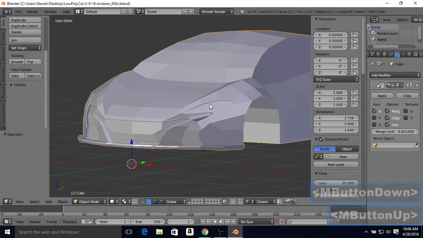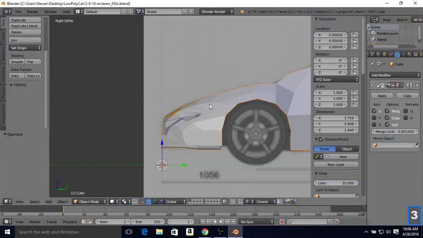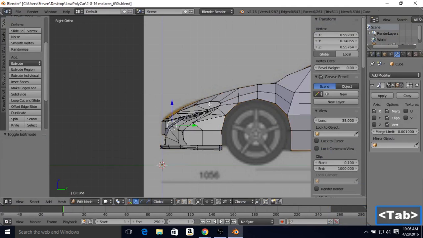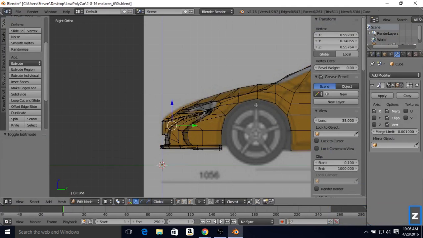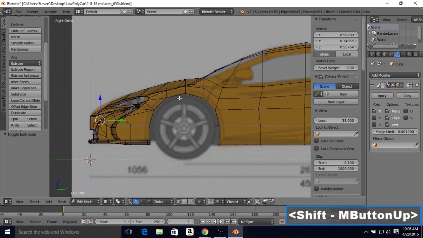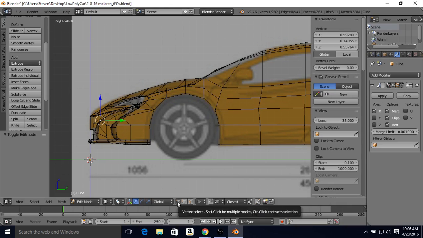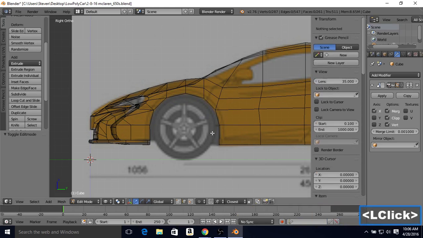And I'm going to hit 3 to go into side view, Tab to go into edit mode, and then press Z to go into wireframe. And you see that we actually have the curve right here that we want to make, so that's nice. I'm in vertex select mode right now, so I'm going to switch to edge select and then press Z to get out of wireframe